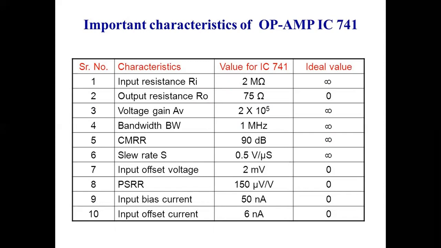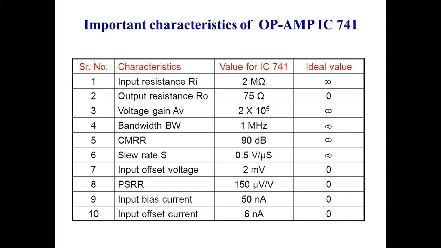DC characteristics means we are giving input DC value, then we are getting some output. That is, variations of the DC inputs will affect the output parameters. That is DC characteristics. So generally DC means voltage and current. If you are changing input voltage, what will happen? If you are changing input current, what will happen? That is related to the DC characteristics.